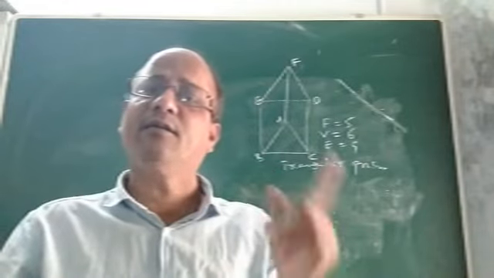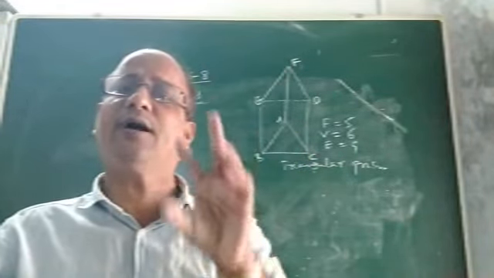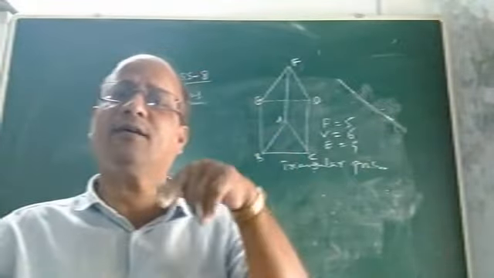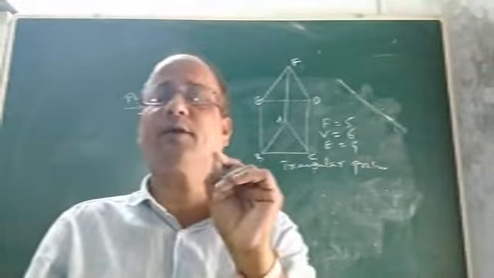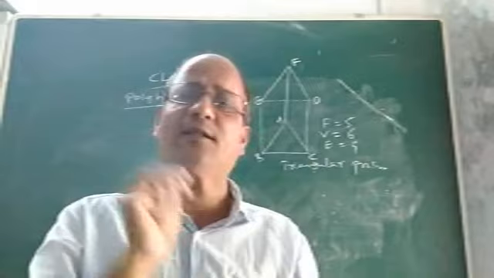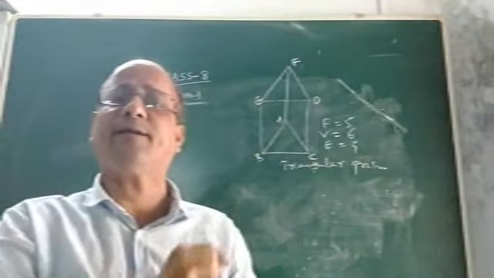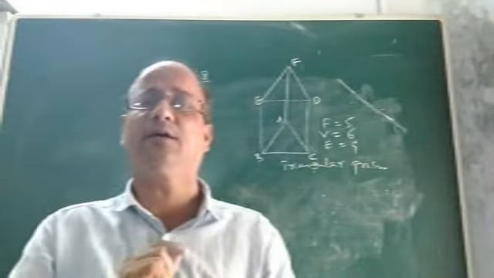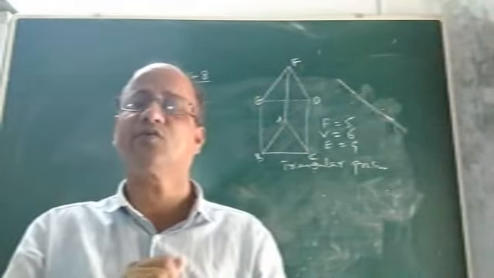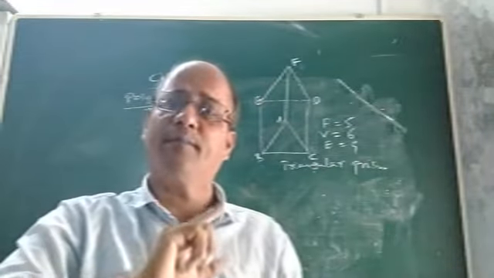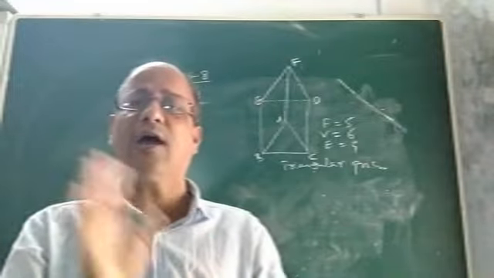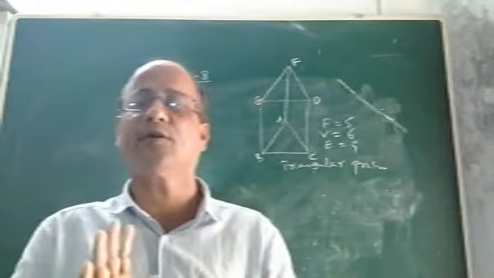In a prism, I said the base and the top. A prism is a polyhedron in which the base and top should be made up of congruent polygons, and the other lateral faces should be parallelograms. These are the two conditions which need to be satisfied by a polyhedron to become a prism, like cuboid, cube, etc. They are prisms because in a cuboid or cube, the top and base are both congruent polygons, and the lateral faces are either squares or rectangles, which are nothing but parallelograms.